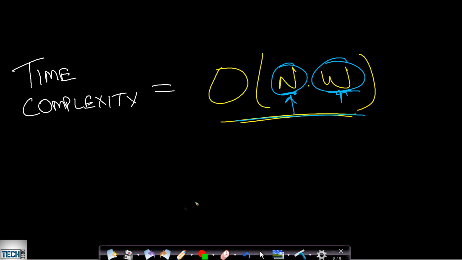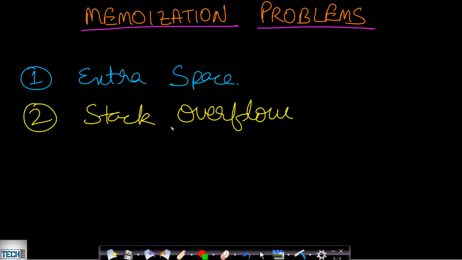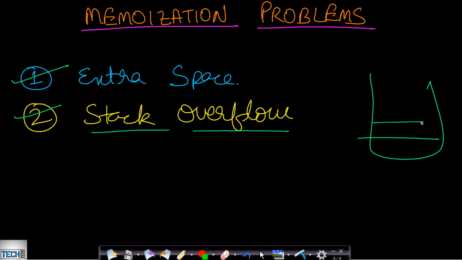But there are some problems in using memoization. The problems are, it will be using extra space as I had shown for the table, and there can be stack overflow because we are using recursion, and the recursive calls are nothing but consuming stack memory. So iterative methods are much faster and much better, and also recursion takes a lot of time.